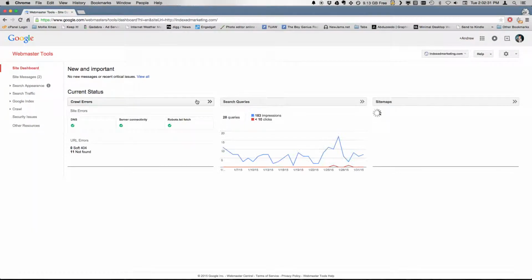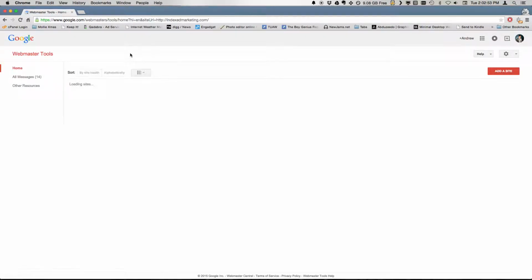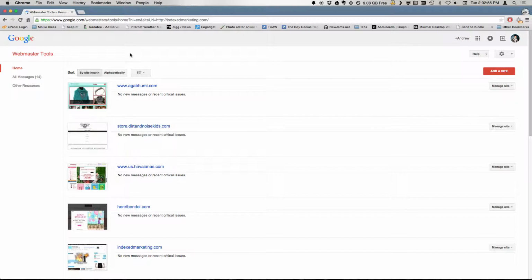So let's go back to the main dashboard here, and I'm going to show you how easy it is to set up a new site. It's really simple. It doesn't require more than about 5 minutes if you know what you're doing, and most web host providers and web services that you're going to be using, like WordPress or Joomla or any major e-commerce provider, they're going to have tools built into their backend that's going to allow you to easily implement Webmaster Tools with